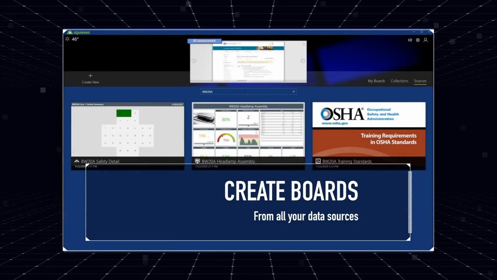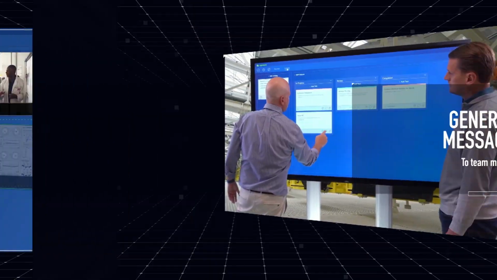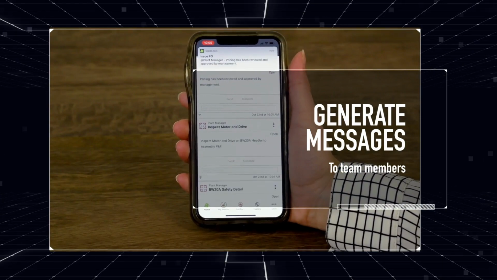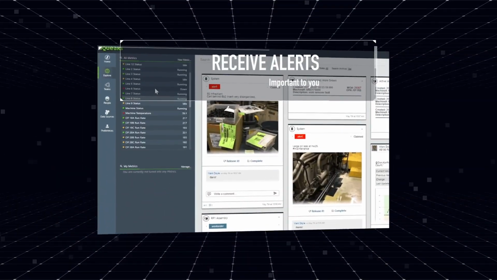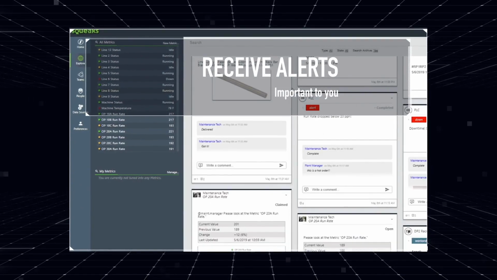And the SQUEAKS board can be personalized per your preferences, giving you the flexibility to make what you care about most front and center. SQUEAKS makes it easy to customize messages and information relevant to you. Like the apps you use in everyday life to customize the news and alerts you receive, SQUEAKS gives you the